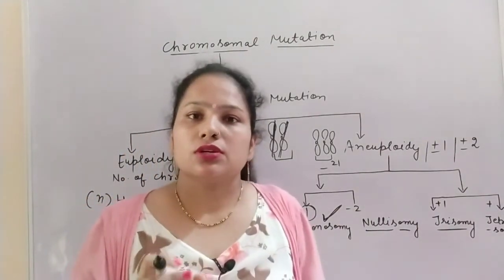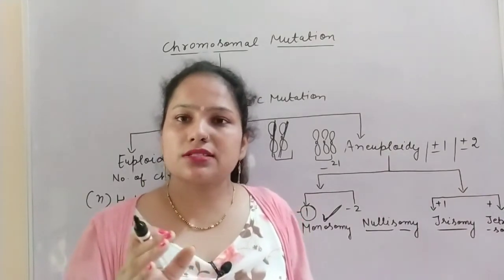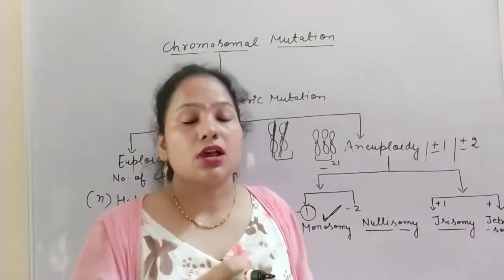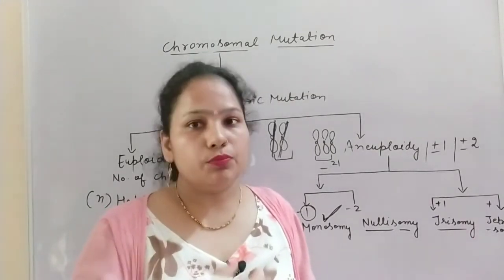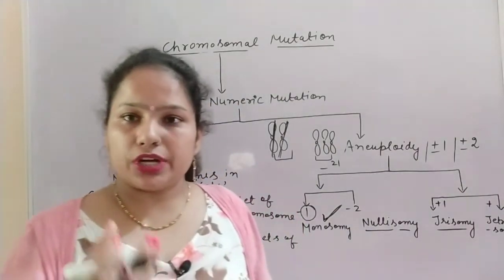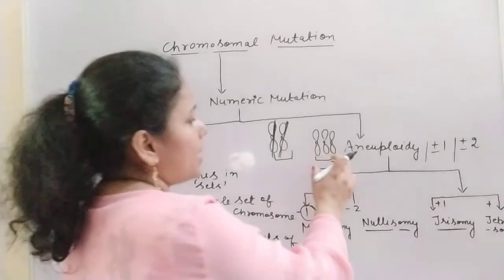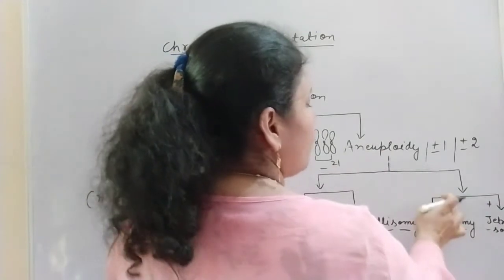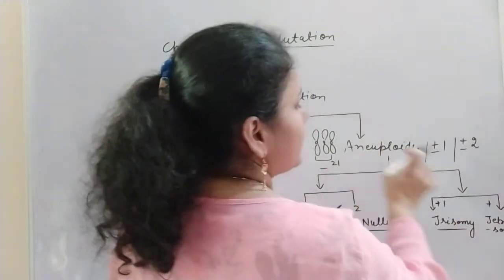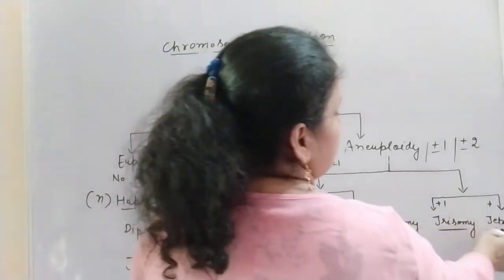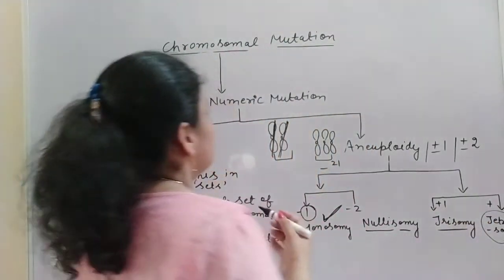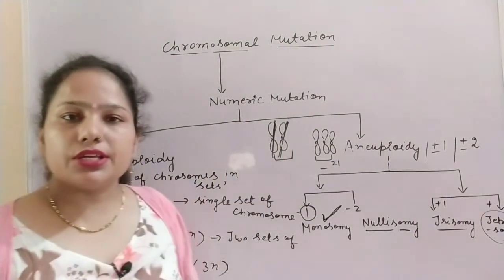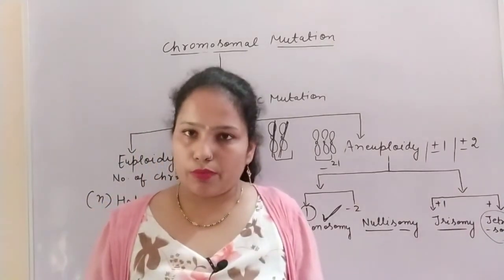disorder. So this topic mutation, that is briefly explained in your NCERT, but that is the base of many topics like chromosomal disorders and the mutation. So you have to study this topic in detail. So aneuploidy, there are the monosomy and the nullisomy, and if 1 is increasing, then trisomy, and if 2 are increasing, then we can say tetrasomy. So that is the numeric mutation, means if there is the increase or decrease in the chromosome number.